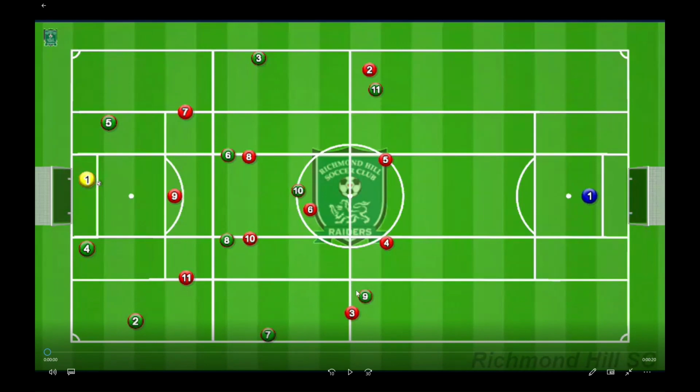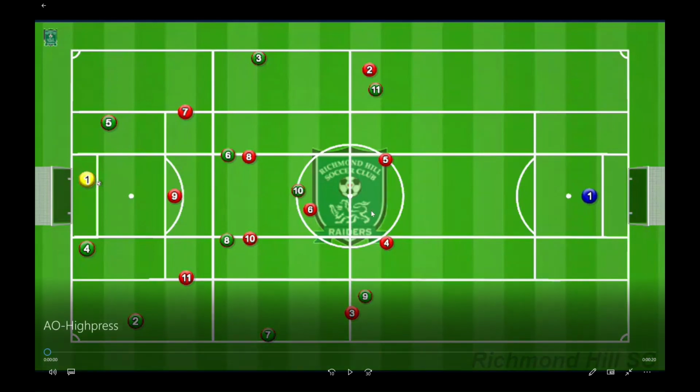Look, we have the ball. We want to start build up, and the other team's formation is 4-3-3, and they are starting a high press. In this situation, I ask one of the fullbacks, I started with 3 backs: 2 center backs and 1 fullback stays here. Number 2, holding midfielder, in zone 2.